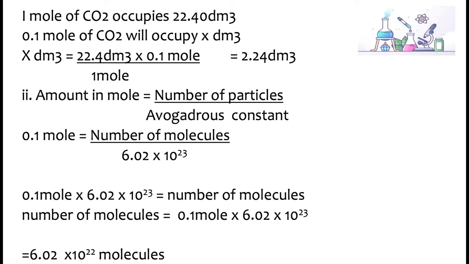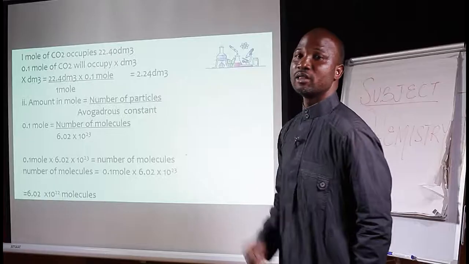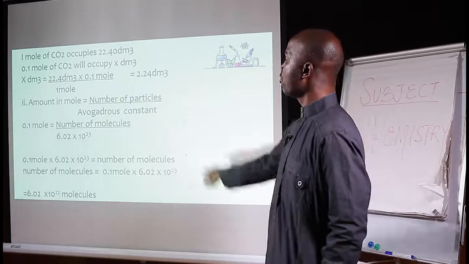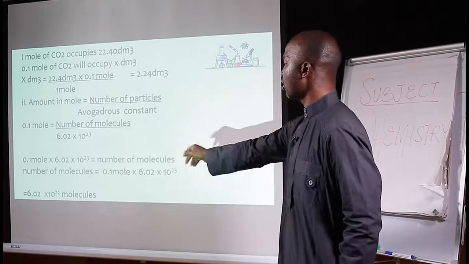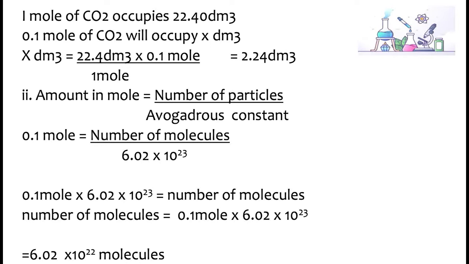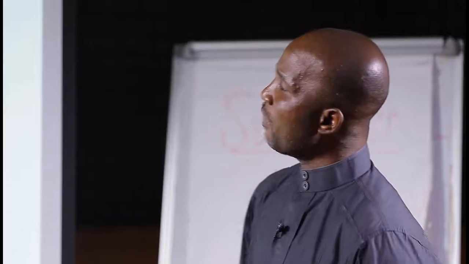Now, amount in mole is equal to number of particles over Avogadro's constant. Now we are going to be calculating number of molecules. So if we substitute 0.1 mole from our previous calculation all over 6.02 times 10 raised to the power 23, you make number of molecules subject of the formula and you have your final answer as 0.1 mole times 6.02 times 10 raised to the power 23 to be equal to 6.02 times 10 raised to the power 22 molecules. That's my final